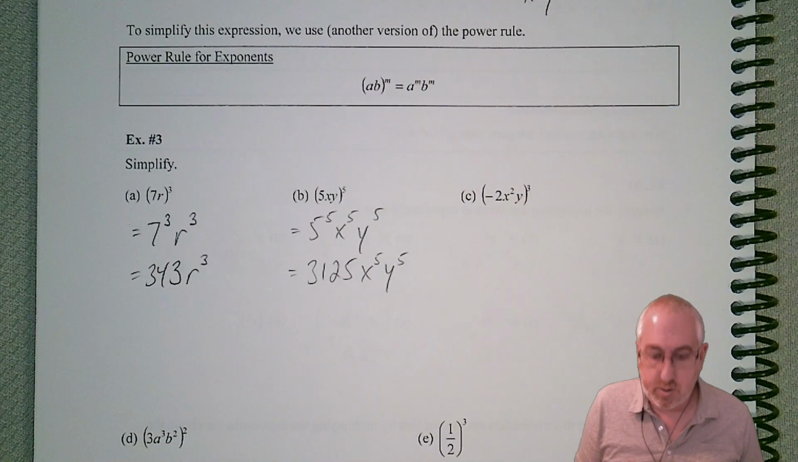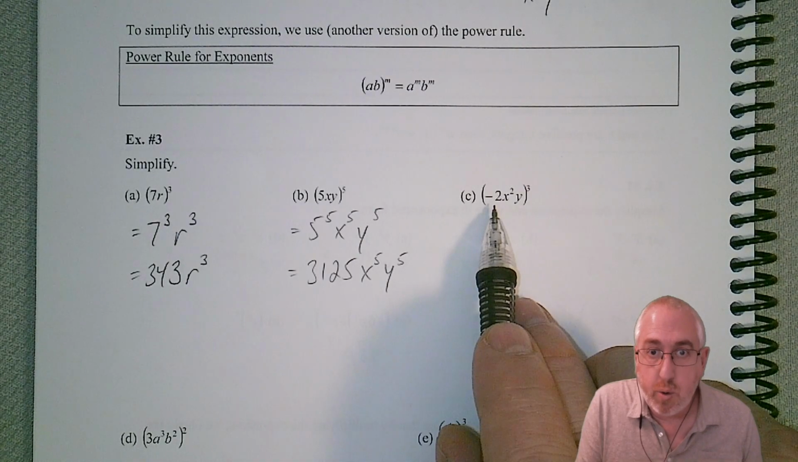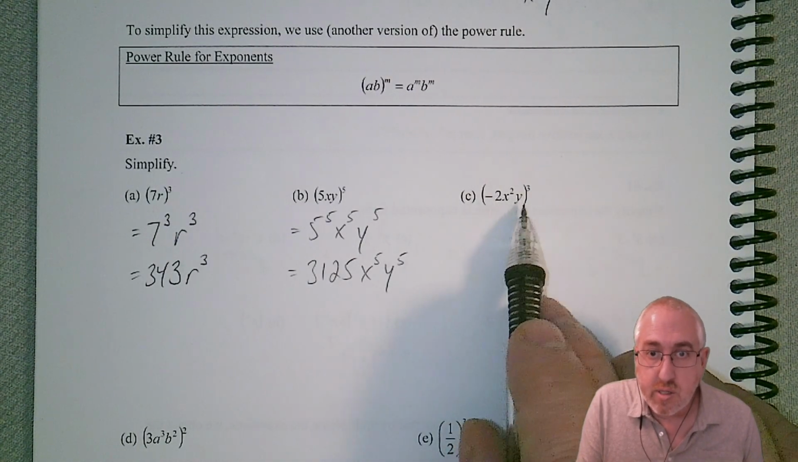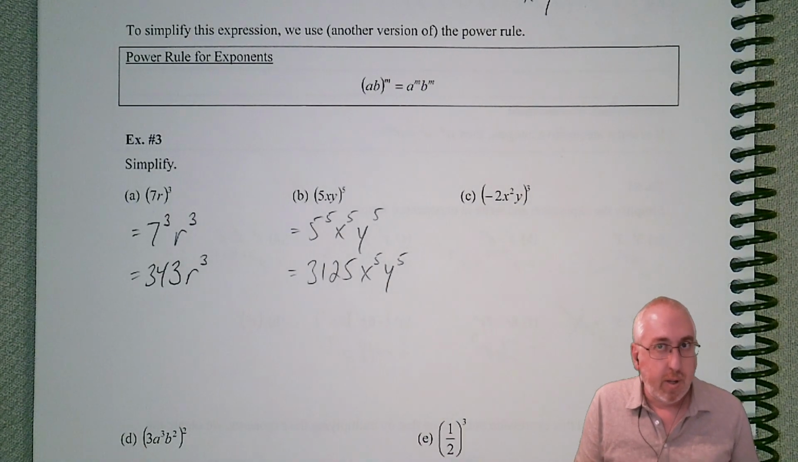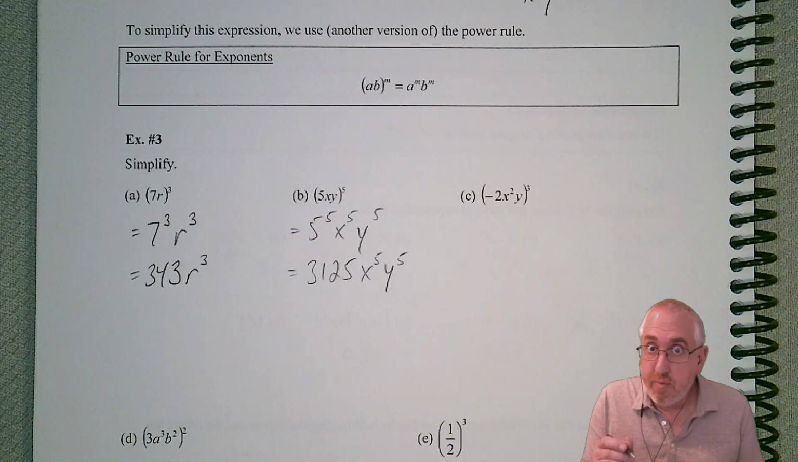All right, so far so good. Let's try one with a negative in there. So we have a negative 2, x to the second, y, all in parentheses, raised to the third power. Now, when you start to have those exponents on the inside, remember what we did before with the first layer